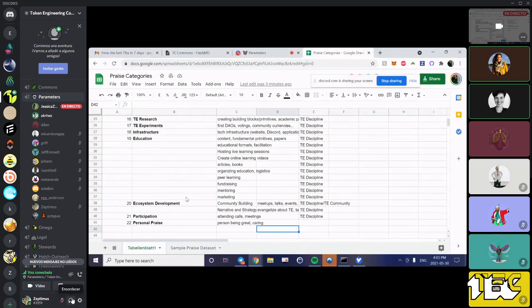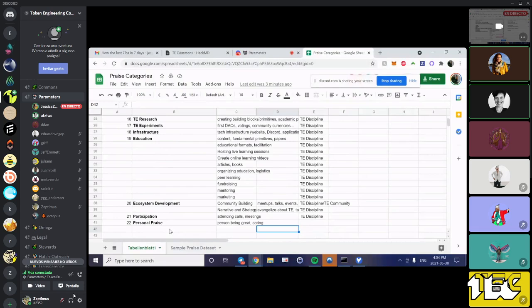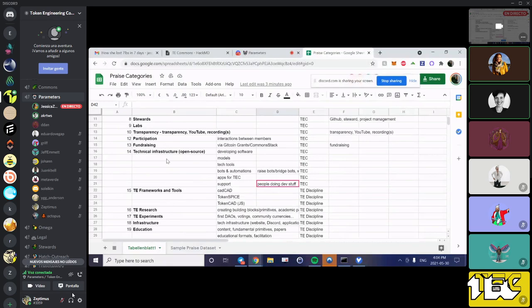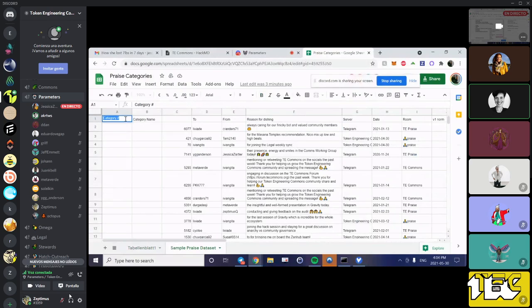So Sean, actually, is a good point. If these things are two things, what do we do? Some people double or triple praise. Should we include them in both categories then? Like that's personal praise, and it's also TEC tools, if I can find that. I would think so. I'm not the data scientist here, but I would think they should get both. Maybe we should just have category 1, and category 2 is optional.